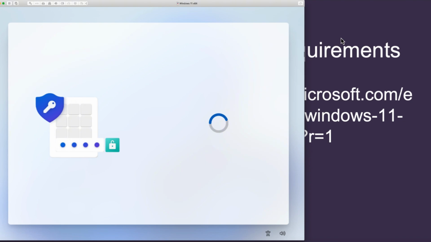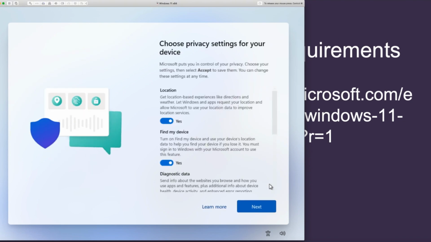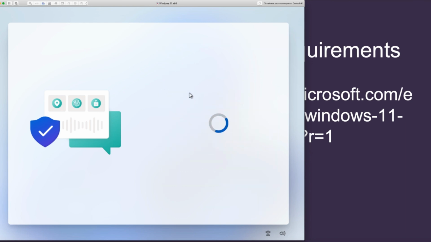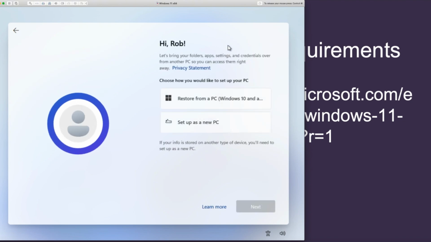Again, this thing is taking a lot longer. Right, and then I'm going to go click accept. All right, yeah, again, this is taking a lot longer than I expected. So I am going to,